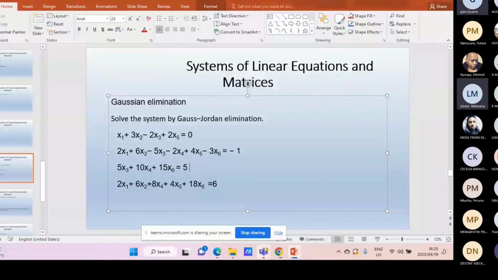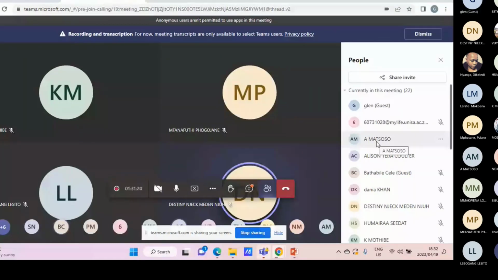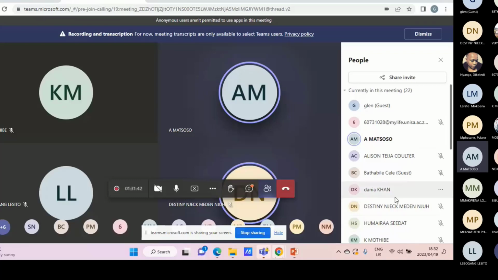Or what needs to be done when we are requested to solve the system by using Gauss-Jordan elimination. Hey, Abdul. Yes, I'm following, and if I'm to add on to what I had, there are a few procedures involved when it comes to Gauss-Jordan elimination. Mainly speaking, the first step would be the forward substitution, then the backward. Forward first, then backward after. That's information I could add on to what has been shared already.